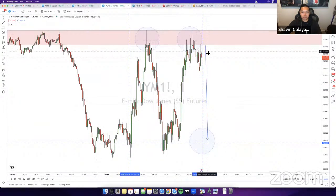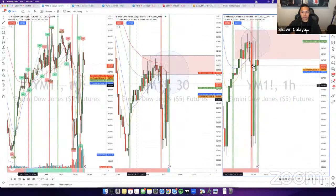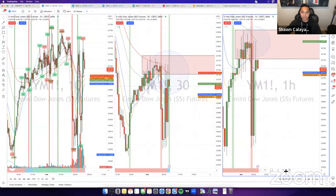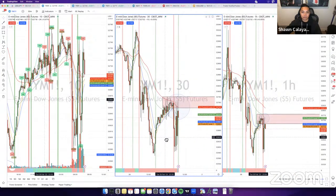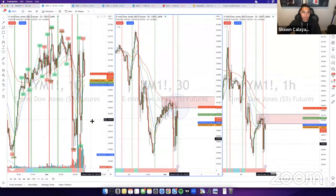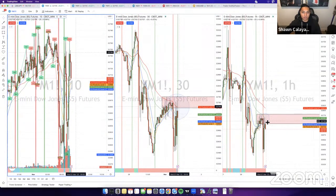The double top here is still kind of lingering. So I don't know, this is a little iffy. I was hoping that this here would close with the 1 hour rejecting off it too, because this would give us an indication that price will come back down. I think price will come back down, but it's not going to have that confluence that I was looking for. So the thing for you guys to look out for now is, because this 1 hour here is probably not going to give the rejection,